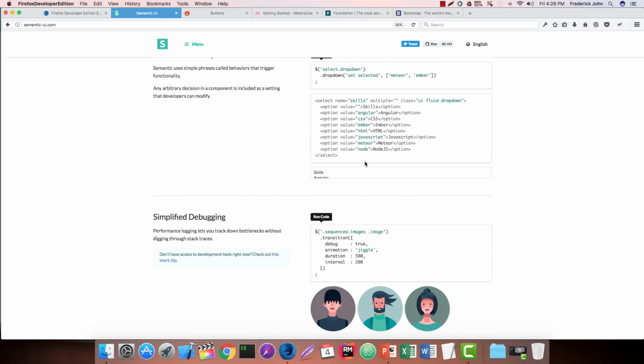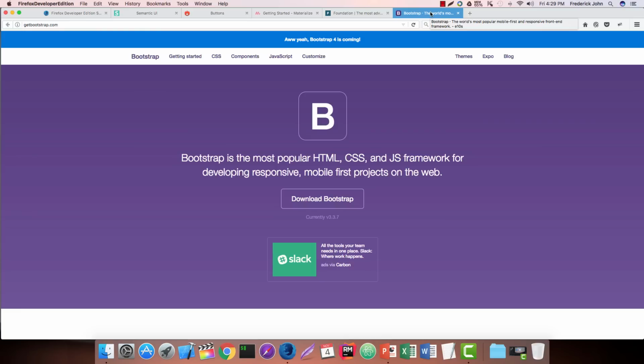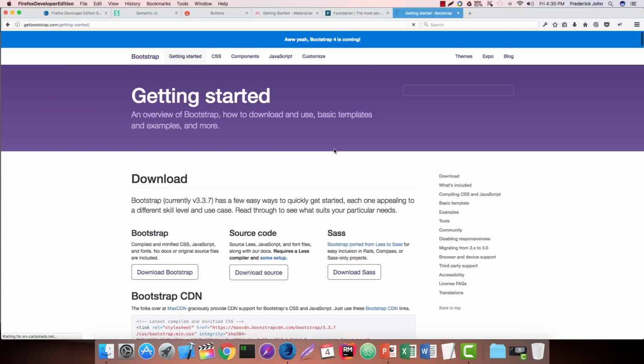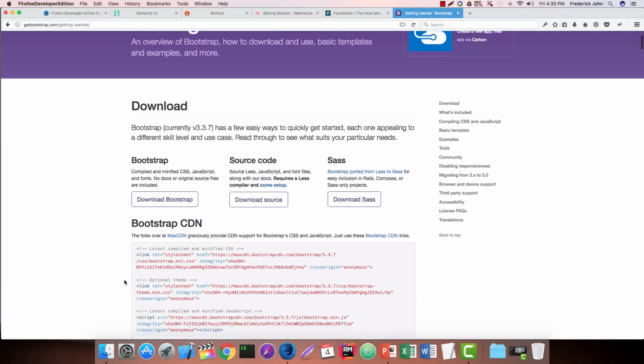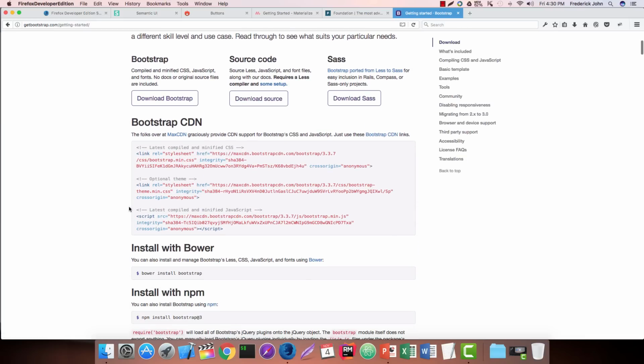Coming in at number 2, we have the Bootstrap framework, the most popular framework, coming in at number 2. Now, this is one that's going to, of course, upset many people. Bootstrap is generally the number 1 rated framework. Unfortunately, we could not rate it number 1 based on our calculations. There are a lot of different reasons. It was very close, but Foundation ended up winning out just based on the simple criteria that we went over,